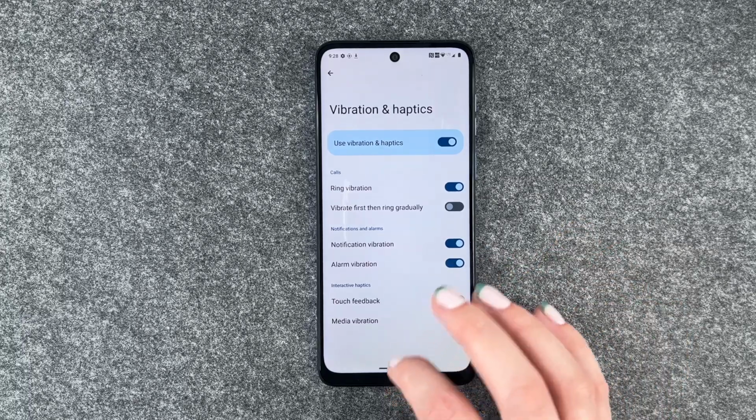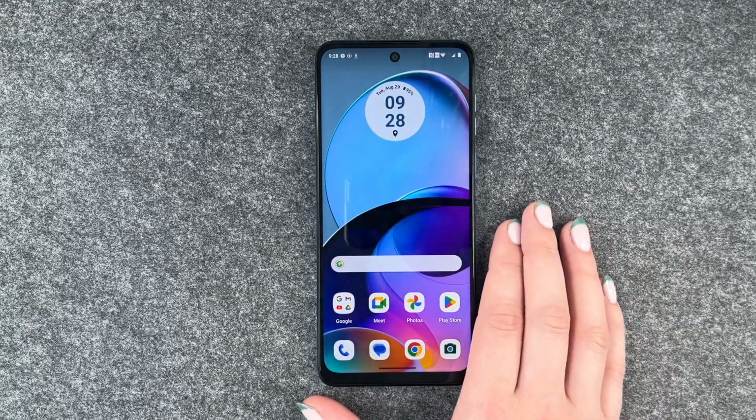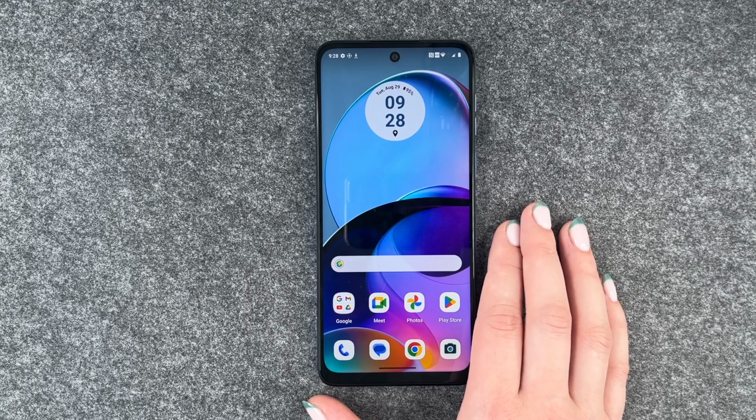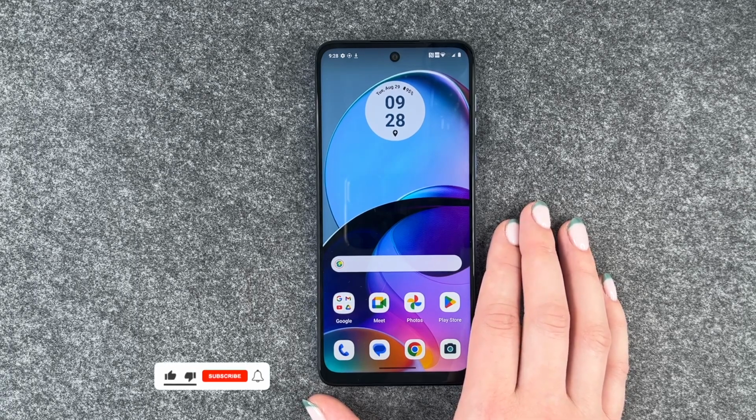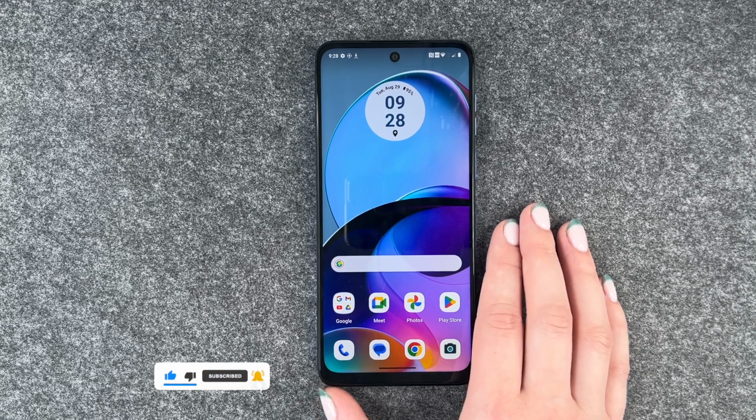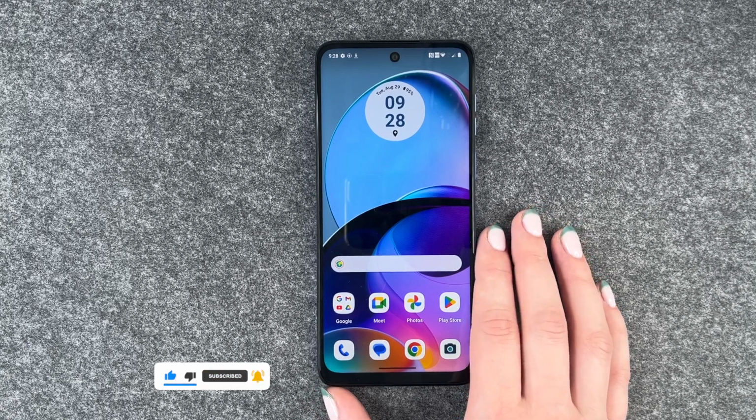But if you make your settings here, you can just go back, use your phone as normal, and then you don't or do have the vibration haptics on or off. So that's how you can turn off the vibration on your Motorola Moto